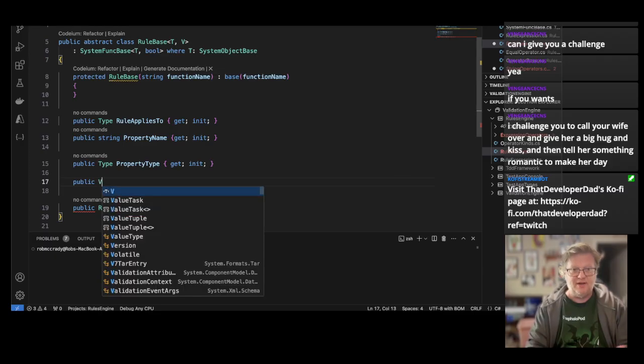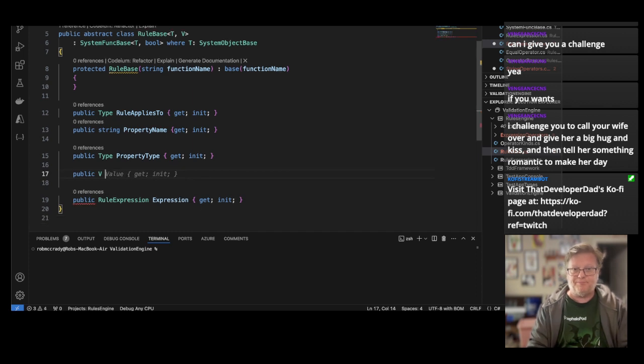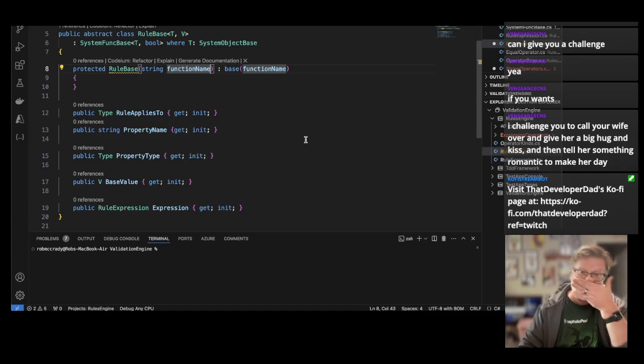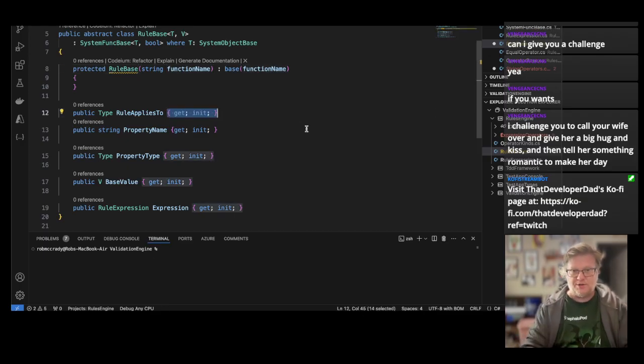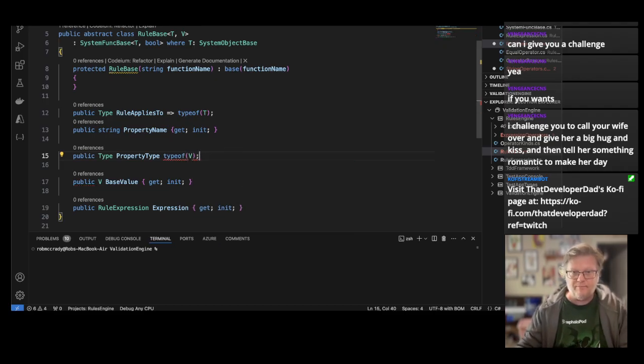Public V expected, no, base value, get an init. And so we are going to have rule applies to, we're just going to return type of T, property type, type of V, and I need the lambda symbol,